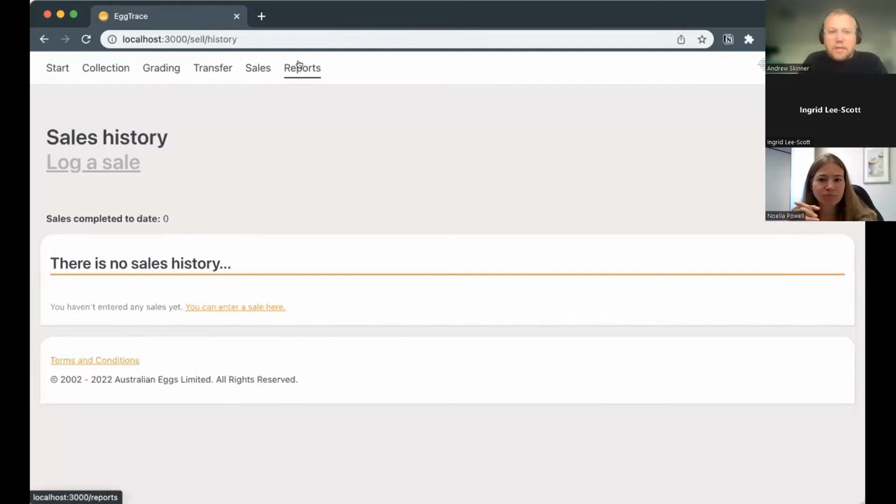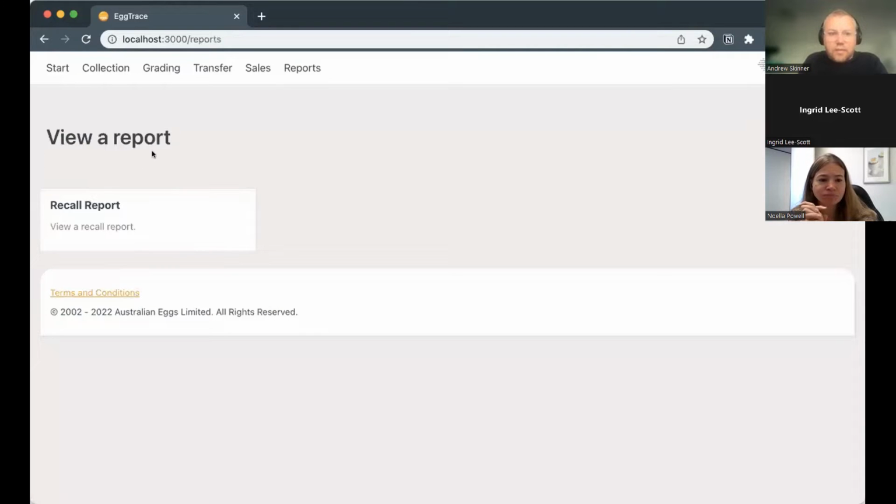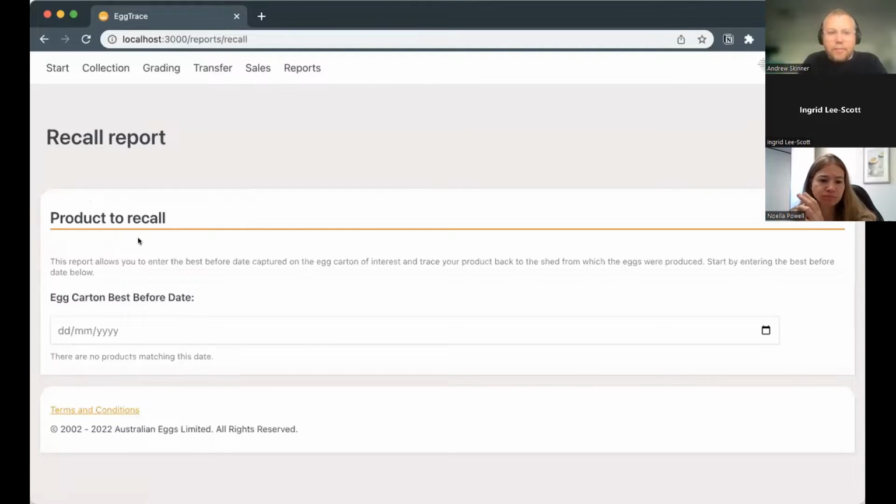The last area of the tool to talk about is the reporting section. At the moment, there's only one report within the tool, but we plan to add others over time as we receive feedback. In terms of the recall report, if there are any issues with any of the product, you can put in a best before date for the product. So as an example here, I can put in